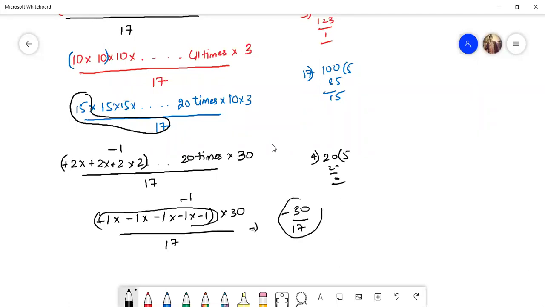Now you got this value. What should we do? I hope you know this. Or we will simplify here only. 30 divided by 17, what is the remainder? 13 is the remainder here. So I'll take minus 13. You can do minus 30 also, not a problem. Okay. So now you solve this. Minus 13 is the final remainder. Add this 17 to this. Minus 13 plus 17. My final remainder is 4 for this question.